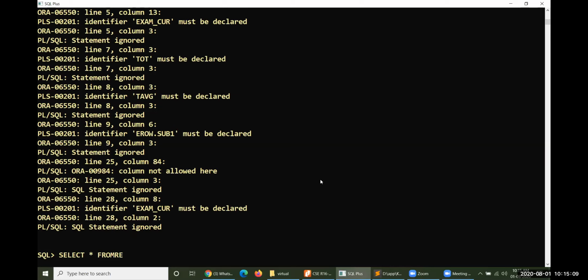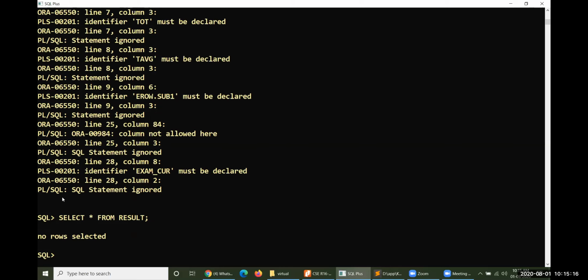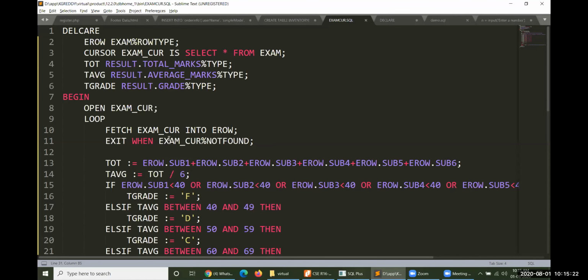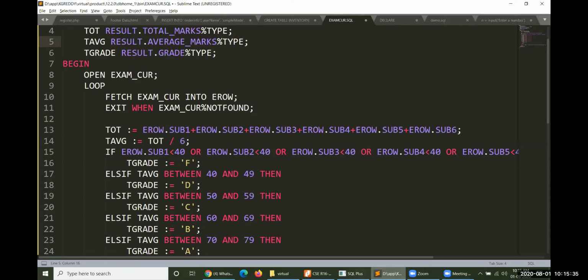Yes, RESULT only. Yes, it is result only. Total marks percentile type. Yes, it is correct. Then what is the problem here?